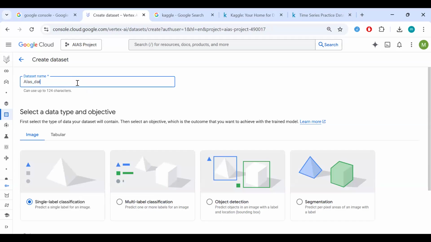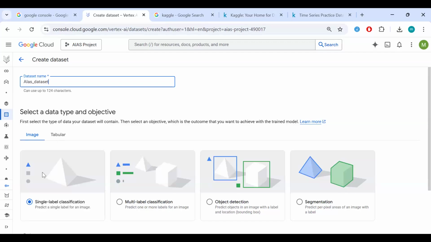AIAS data set. So this is Vertex AI's data set, but we don't necessarily have to get the CSV file locally. Now we can just get it from BigQuery instead. So we determine the type of data. Is it image data? And it's also important to know that the type of data influences the type of model. You can't train a model with images unless you want to make classifications. Your data basically determines your model, right? You can't train your model with any type of data. They need to be correlated. Yeah, your data has to fit the use case of the model in a sense.